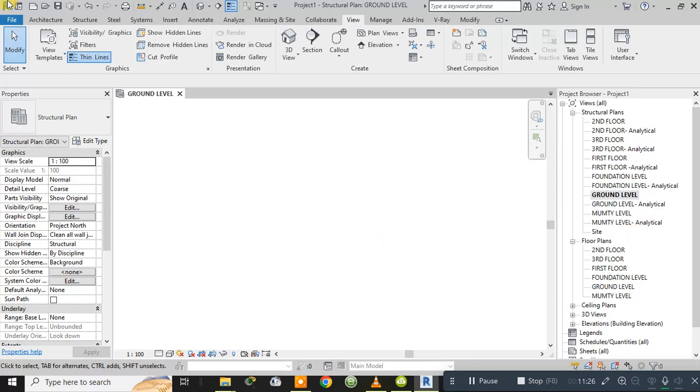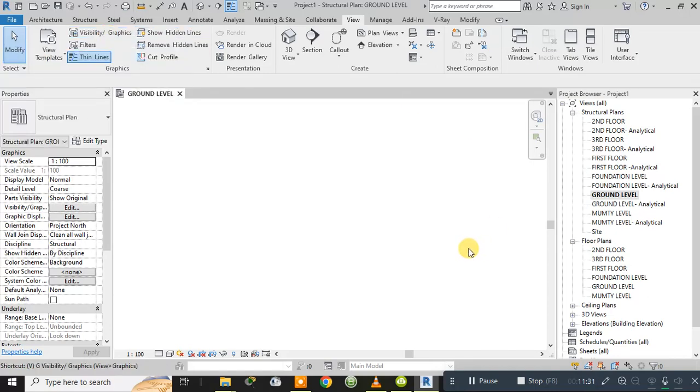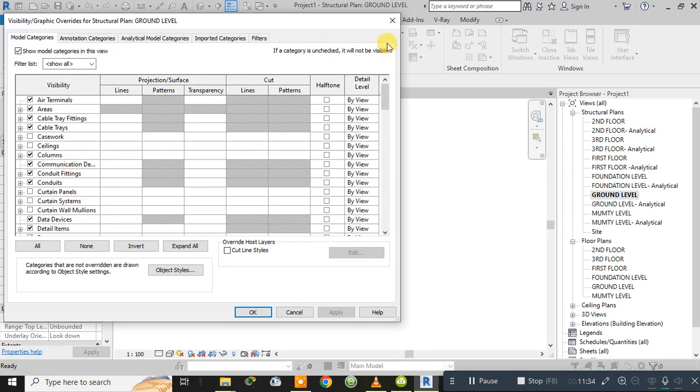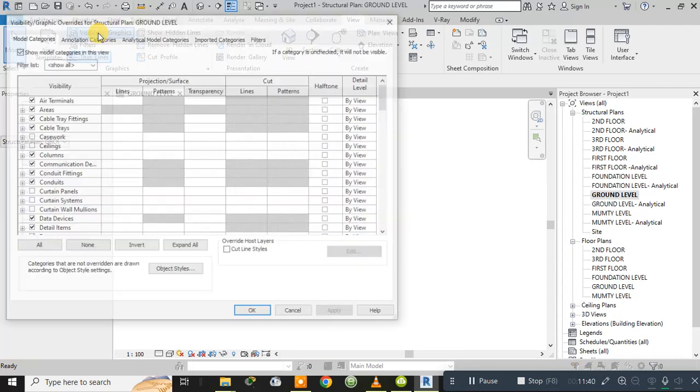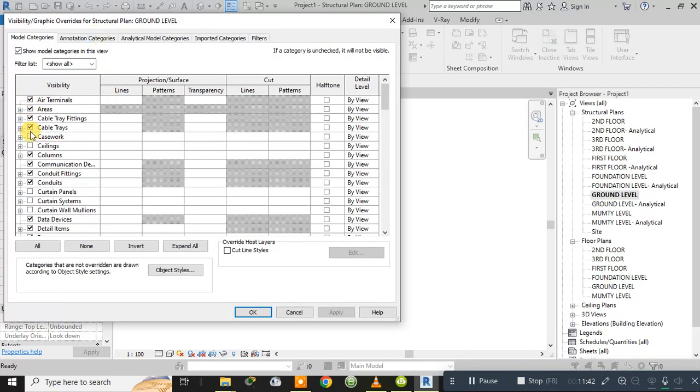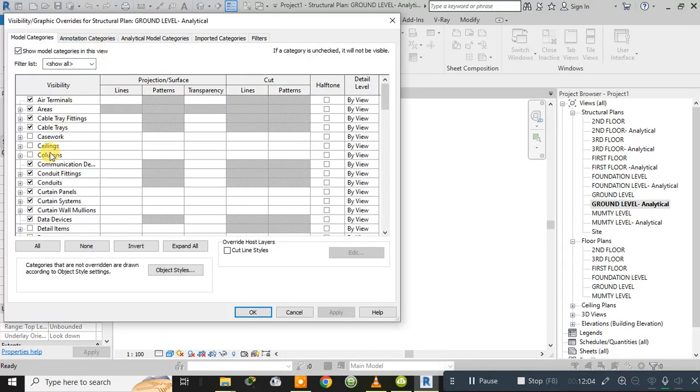or you can simply go to this visibility and graphics, VG. You can place the shortcut key VG, or you can go to the view and visibility and graphics. As soon as you go here, you can see here these are the buttons which are checked here and these are unchecked here. And if you now go to the ground level analytical, if you go to the ground level analytical and check the visibility graphics, here most of them